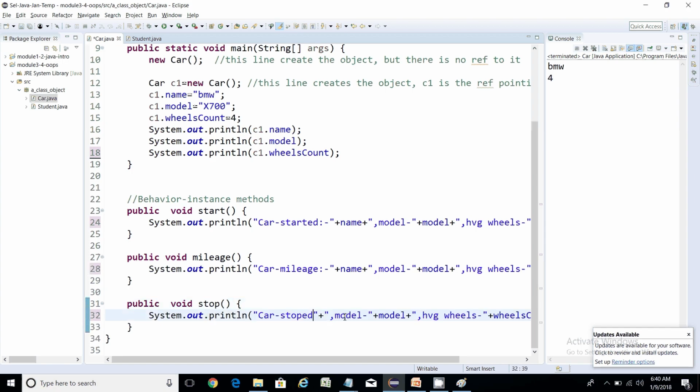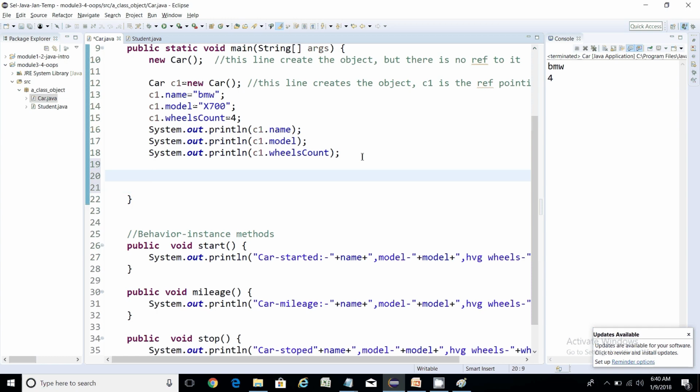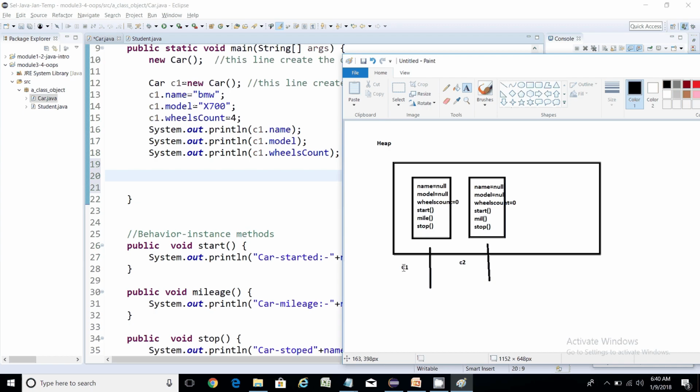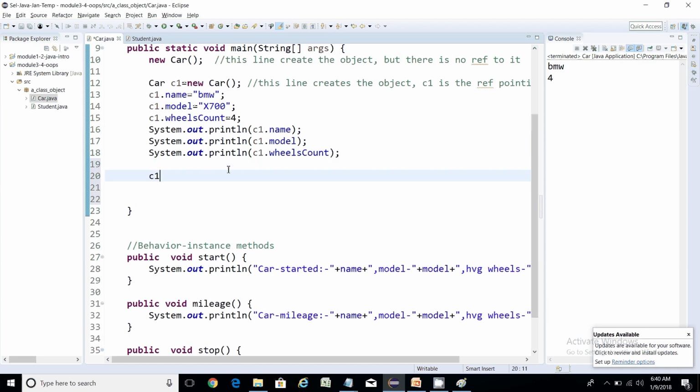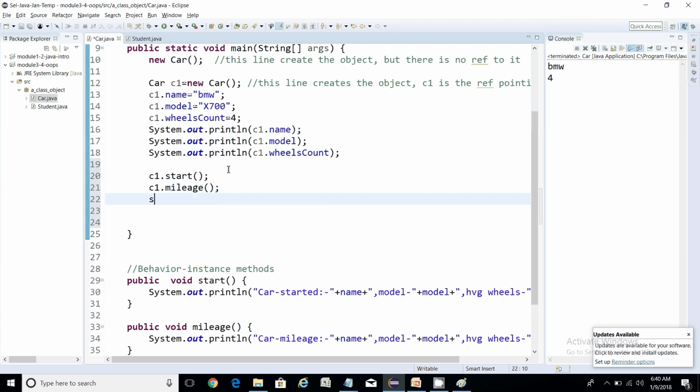Stopped, and let's say I'll say name, like this, okay. And now if I see, guys, now these are the instance methods, right? So of course if I want to access this instance method, again, I need a reference to access them. So I have already created a reference C1. So I'm going to simply say here C1 dot start, then C1 dot mileage, and then C1 dot